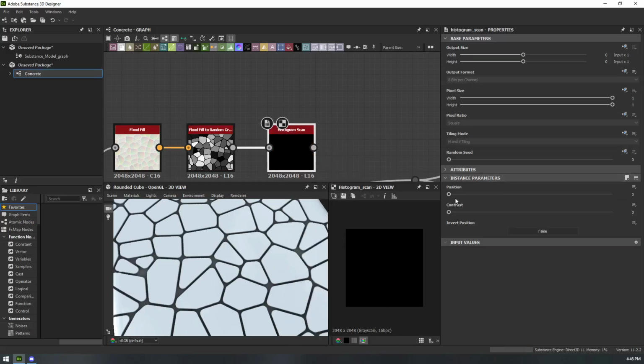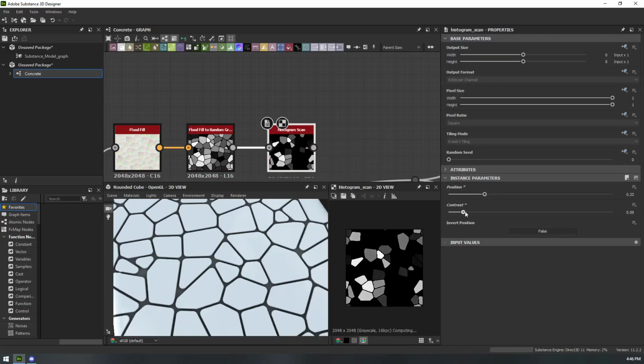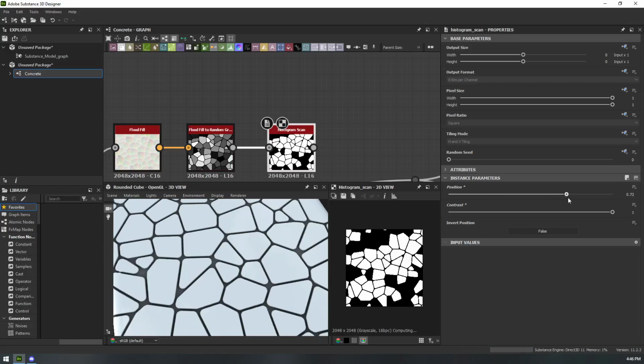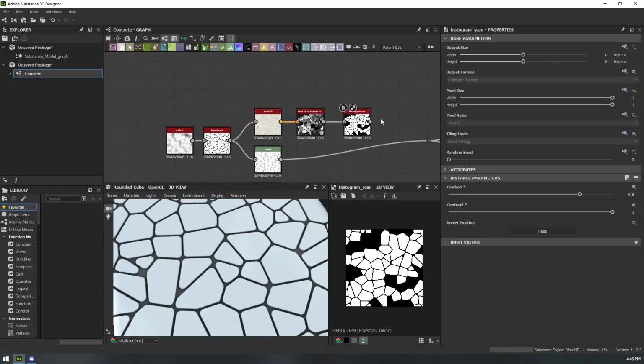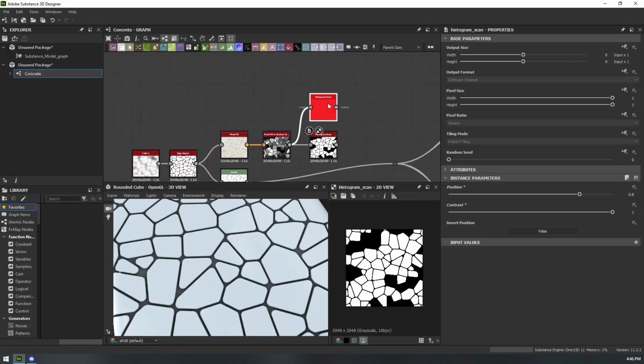Histogram scan. Position. Right. Contrast. Nice. And just like that, we can isolate certain values here. So I can grab the ones that are less than 0.8 on a 0 to 1 range, and then I can duplicate this node, and I can grab the ones that are less than 0.6 on a similar range, 0.4,